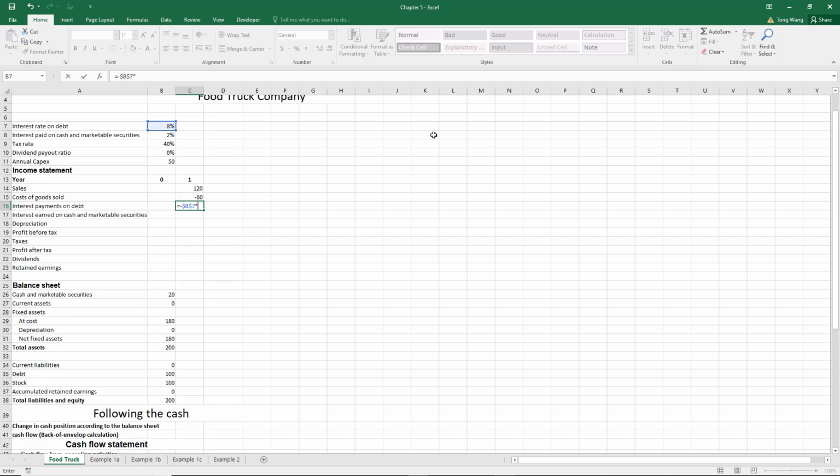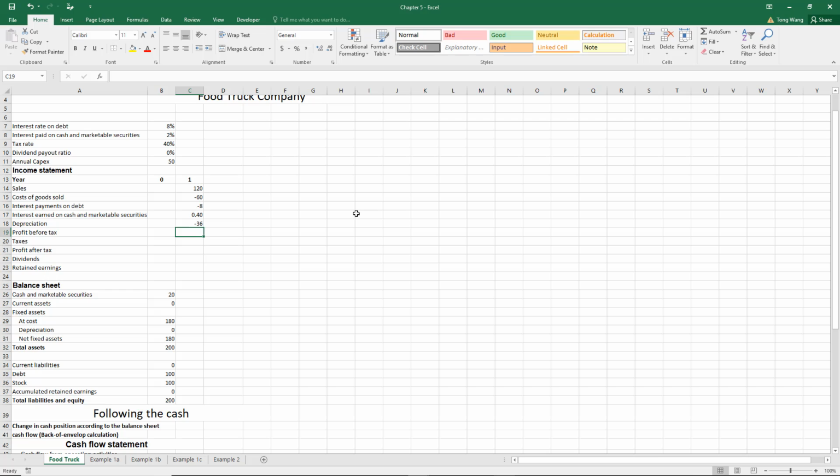Let's fix that. We can do the average, just kind of conventional. We're going to do the average of the current debt level and the previous year's debt level. So this is going to be the interest paid on debt. And the interest earned on cash is going to be equal to the interest rate on cash. Again, we're going to use this convention, the average of the current cash level and the previous year's cash level. That's not a percent, so let's convert that to a number. Depreciation, we're assuming that the depreciation is negative $36,000